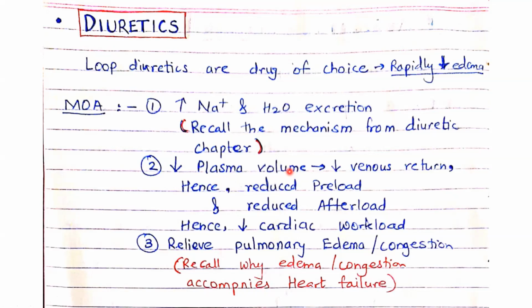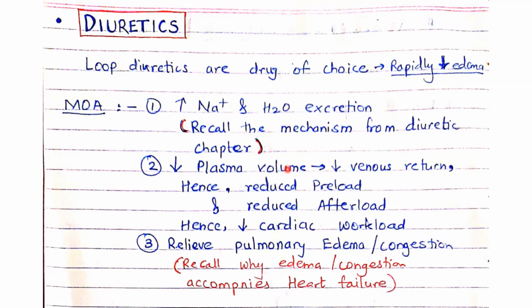So imagine the pipe diameter, everything is the same, but the amount of fluid flowing through that pipe is decreased. This will lead to a decrease in the pressure exerted by the fluid on the pipe, and a decrease in the venous return also. So what will happen? The preload will reduce. The amount of blood coming into the left ventricle from the left atrium will reduce, because the overall volume of all your body fluids has decreased.